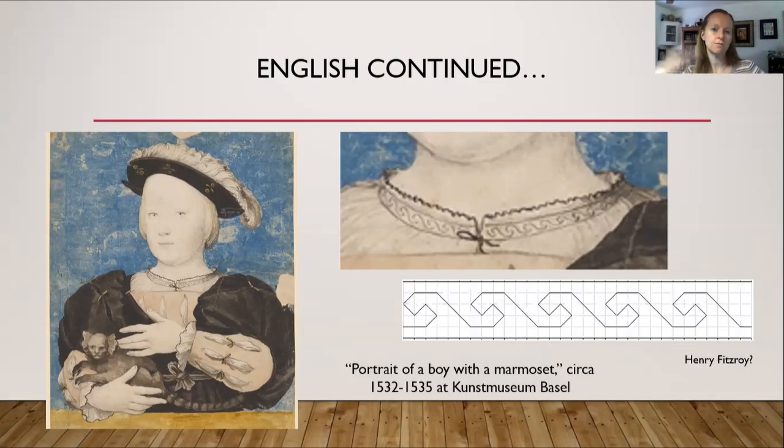there might be that chance in 1541 that this could be him, but I still think he looks older than that. If it's Henry Fitzroy, there is a better chance of that because Henry Fitzroy was the illegitimate son born to Bessie Blount, the one recognized illegitimate child that Henry VIII was willing to recognize. And Henry Fitzroy was born in 1519. So if he was born in 1519 and this was painted between 1532 to 1535, then this, to me, looks more like a boy who could be 12, 13, 14, not a boy who hasn't been born yet or a